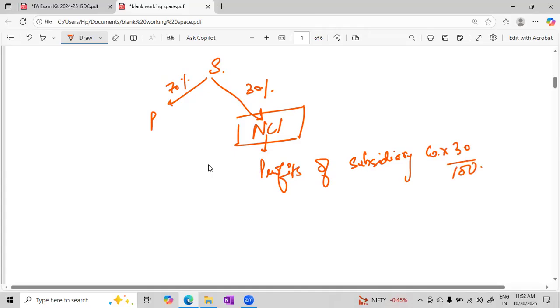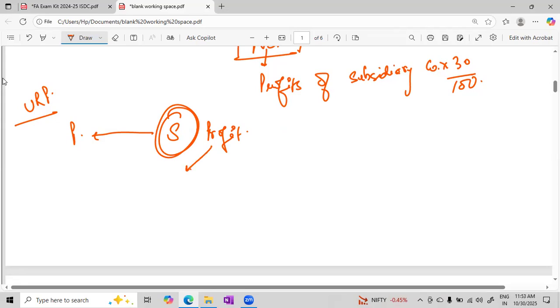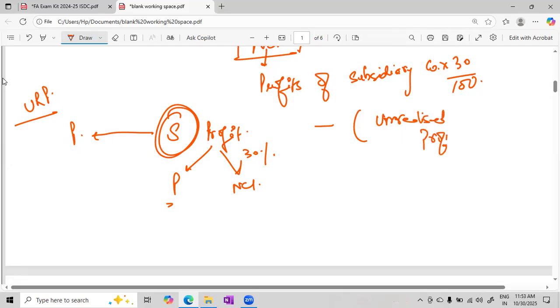But now see, we have to make adjustment for unrealized profit too. In our question, subsidiary company made sales to parent company, okay, which means that profit is lying with the subsidiary company. Okay, which company is holding the profit? Subsidiary company is holding the profit. Okay, so this unrealized profit, we will divide it between parent company and NCI. Okay, so NCI will have 30% share of this unrealized profit, and we are going to deduct NCI's share of this unrealized profit. All right, so remember, whenever an upstream transaction is made where subsidiary sells goods to parent company,